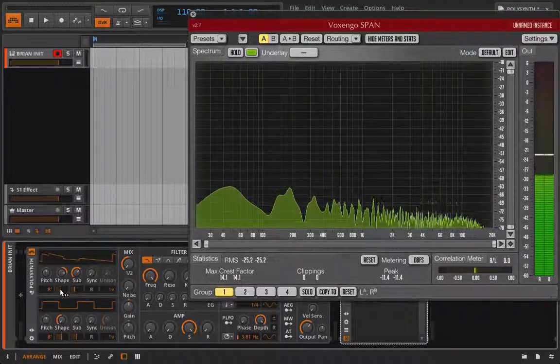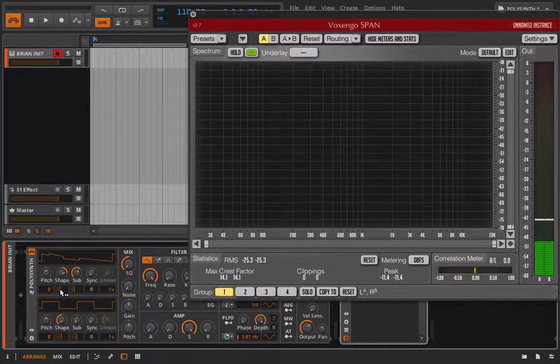So really, really cool. Start messing around with adding in a bit of sub, and you can even adjust the pulse width on that